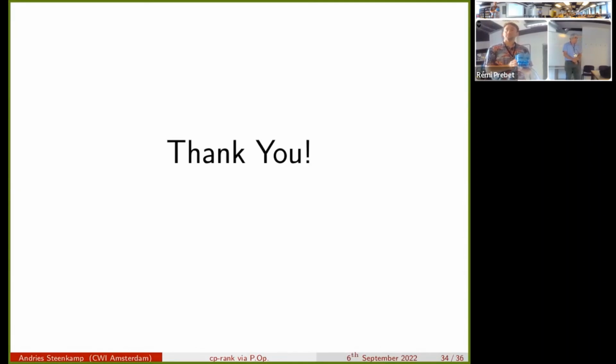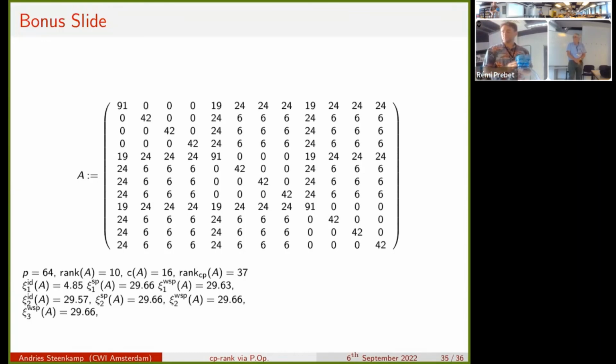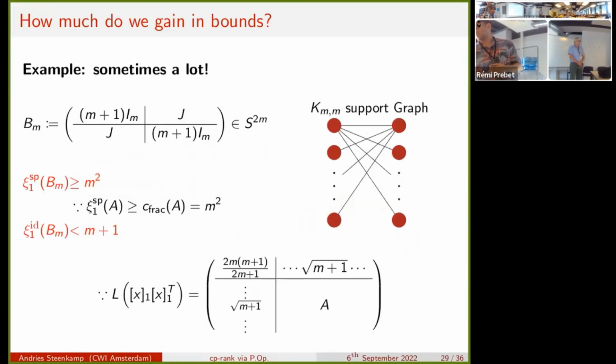Greg, please. Yeah, are there techniques to construct matrices with high CP rank? Like you gave this 37. Yes, this thing was specifically constructed, and this is, I think, from Bomze, Schachinger, Ullrich. I forget all the authors, but there are four authors and two papers on constructing matrices of high CP rank. These matrices were constructed specifically to break a certain conjecture, which was that the CP rank is bounded above by n squared divided by 4, which is the CP rank of these bipartite matrices. So people used to think this was the highest CP rank you can build, but that has been disproven. So they have techniques to build these matrices.